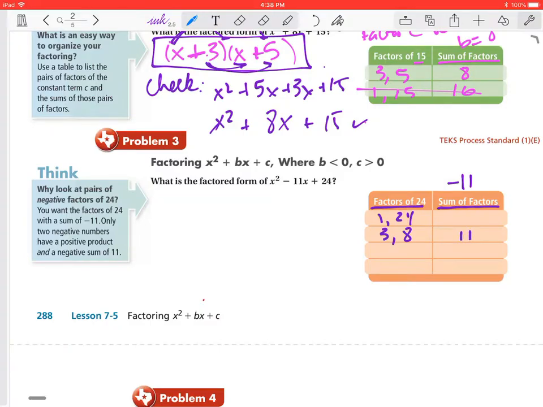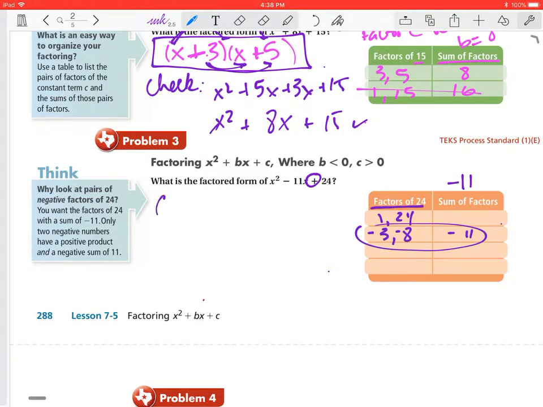Now, let's think about this. If we're adding, we want a negative 11. But when we're multiplying, it needs to be a positive. Negative times a negative will give us a positive. We also want to be able to add these to give us a negative 11. So a negative plus a negative will give us a negative value when we sum them together. So our two factors are negative 3 and negative 8. So this is the one that we want to use. Now there are other factors of 24, but they won't work in terms of the sum for the b